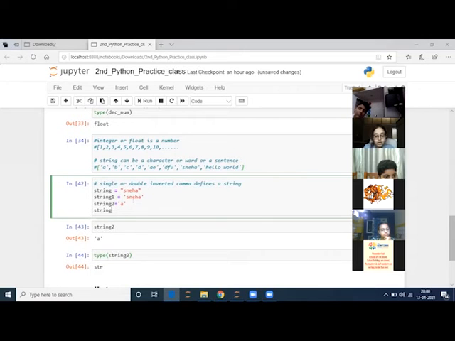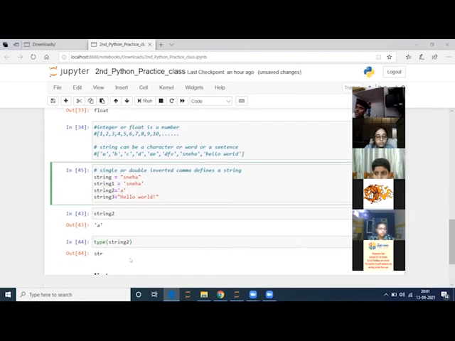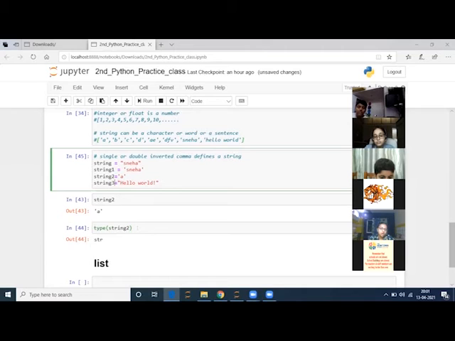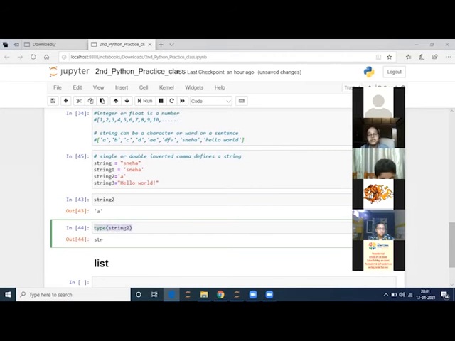Now if I check for a sentence and I give the exclamation mark, string 1, string 2, like this we are changing, but in the output of the 44th box it's nothing like string 1, it's str only. No, I am not checking the name, I am checking the data type. I am checking what kind of data I have in that variable. So for everything, it finds that data type only, which is a string. Why? Because I put inverted commas over here.